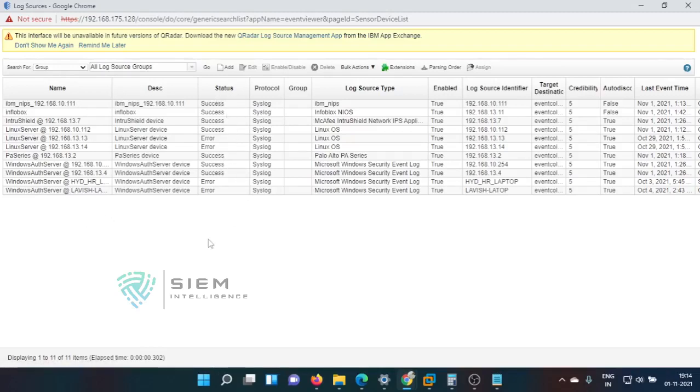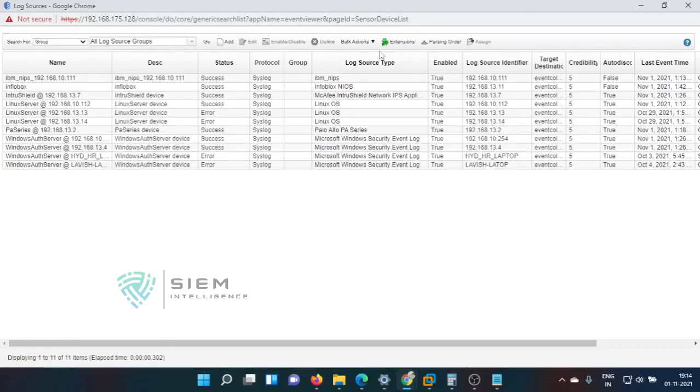We need to see all and check them one by one. But in the new version, it is also saying that the interface will become unavailable in a future version and is going to be discontinued, as there is a better version of the log source management app available in App Exchange.